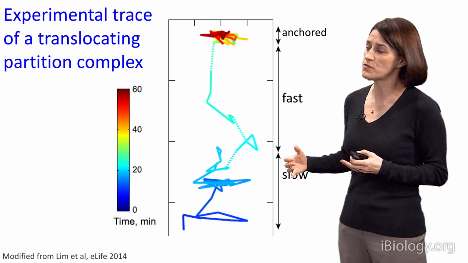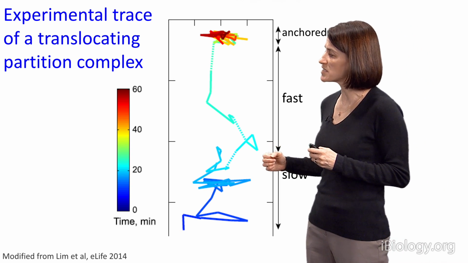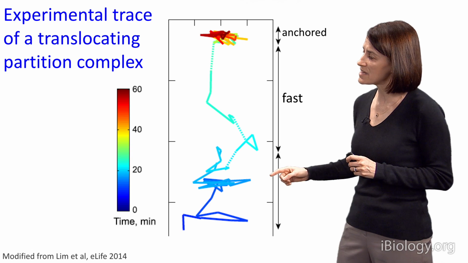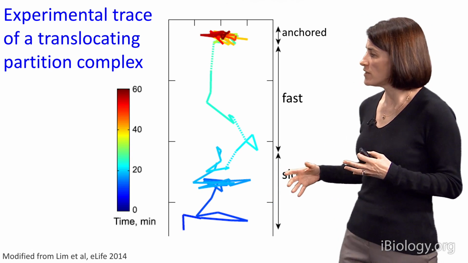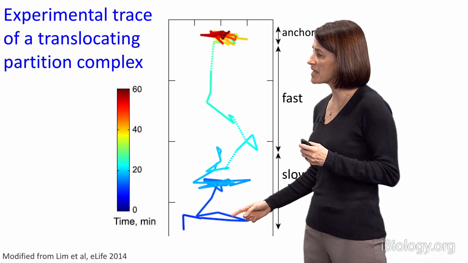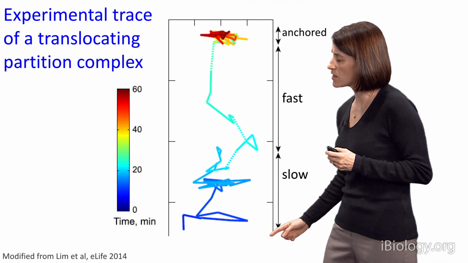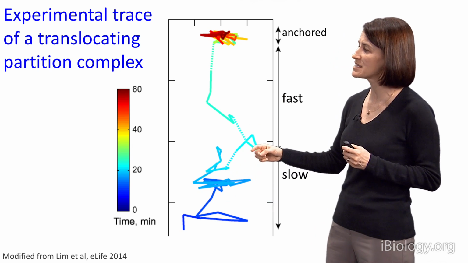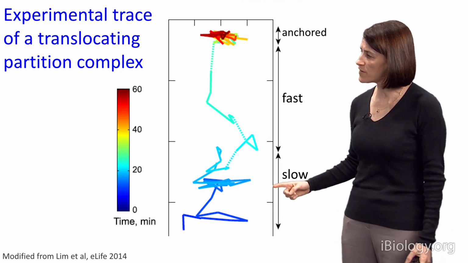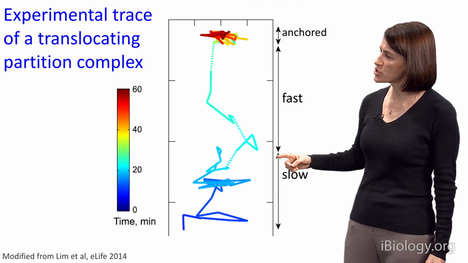And what's consistent with diffusion, and we have other data that support that as well that I won't have time to show, is that indeed if we track at very high temporal and spatial resolution the partition complex, you see here that this is one end of the cell, this is the other, that it followed this kind of zigzaggy fashion, and that there are really two phases: a slow motion